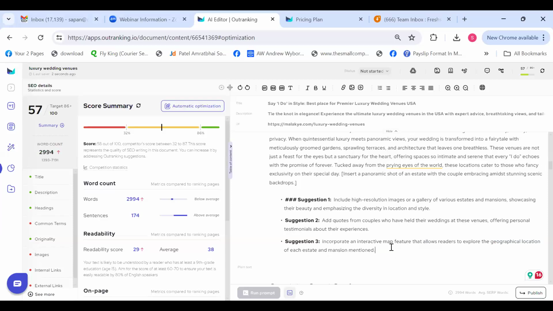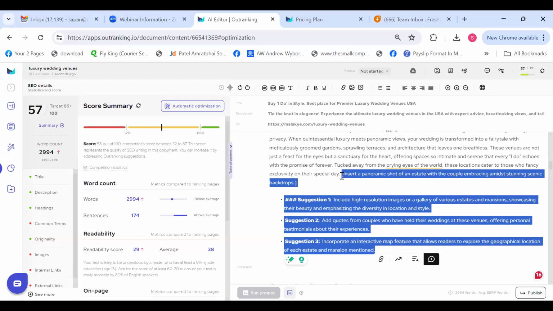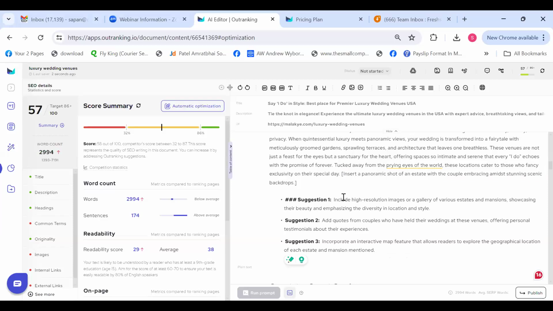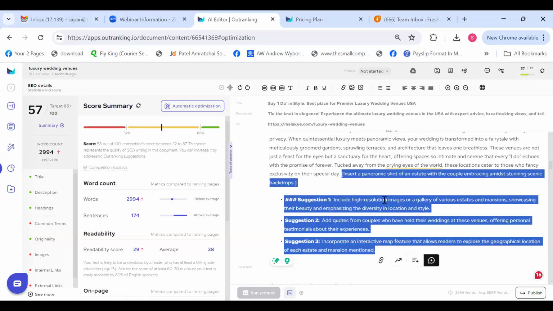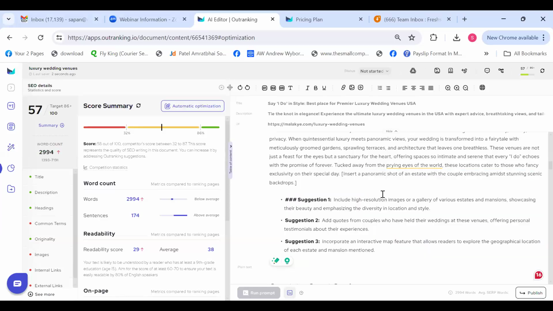So if you want to implement any of the suggestions mentioned here, you can simply remove this and just implement the suggestion that you want to add. You can maybe add one or maybe two, but let's say if it doesn't match your use case at all, you can simply remove this and ignore it. Don't try to force it just because it has been added here as a suggestion. Only add if it really makes sense. But yes, this is definitely going to take some effort from you. So understand,